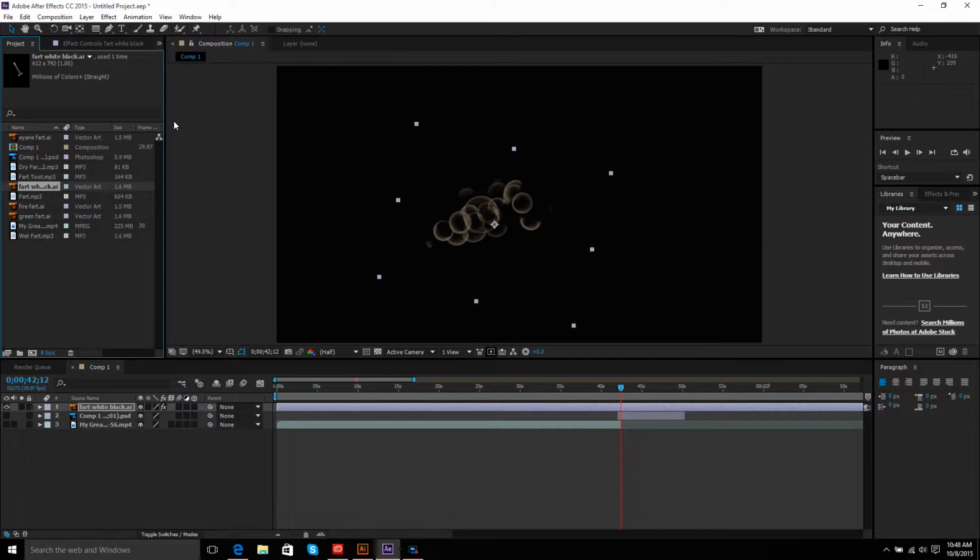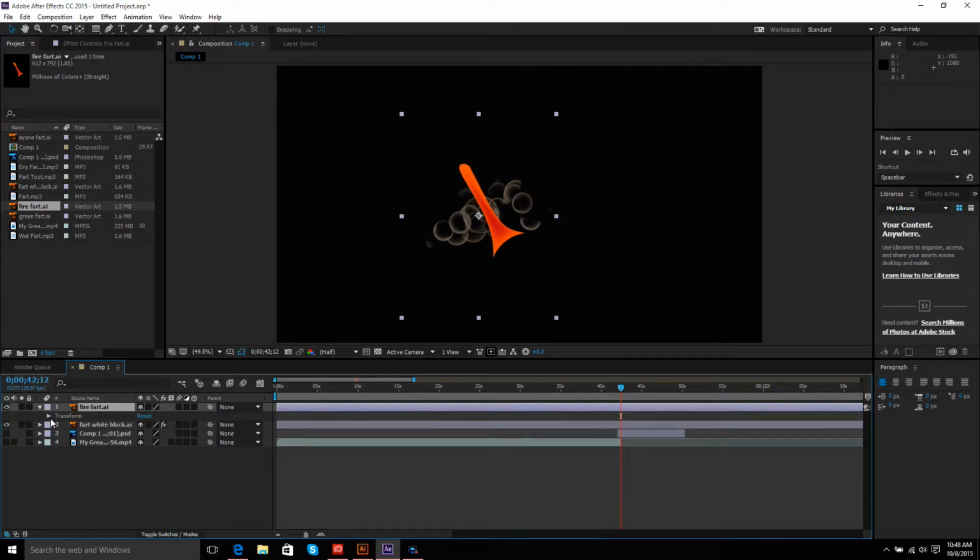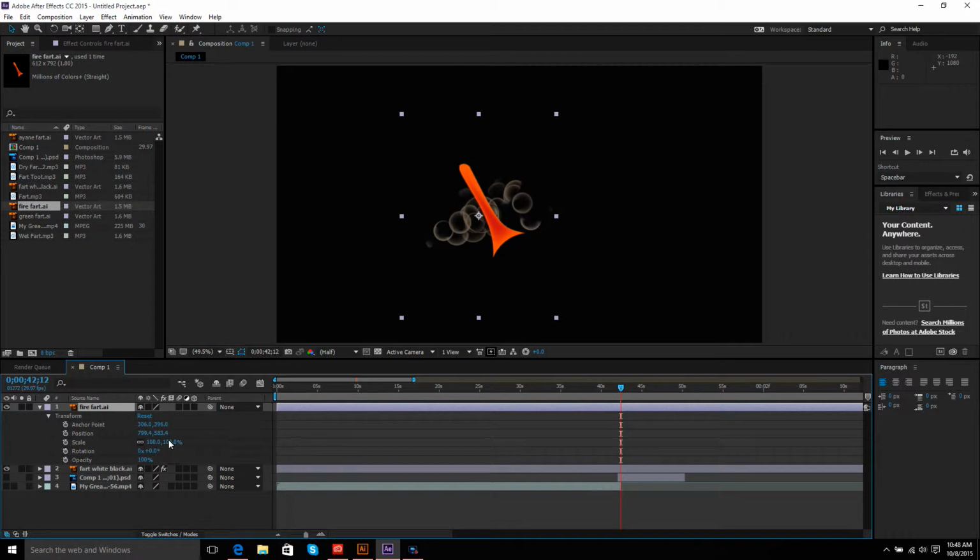Project, okay. That's how we do it. Almost got stuck there, but anyways, now I add the fire fart in here. And you do basically the same thing. Transform and position,